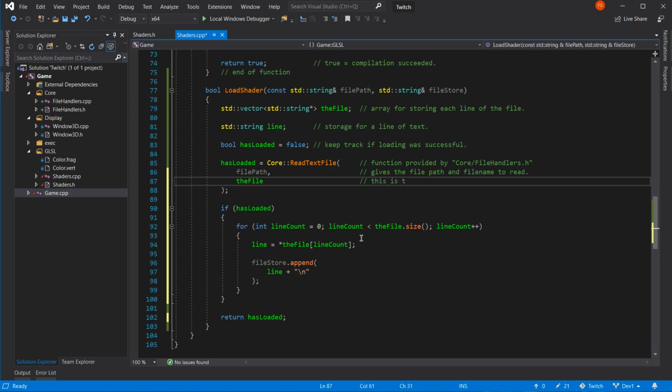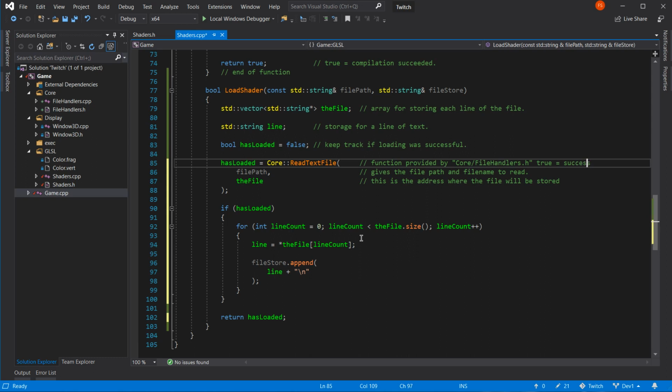This is the address where the file will be stored. True equals success.